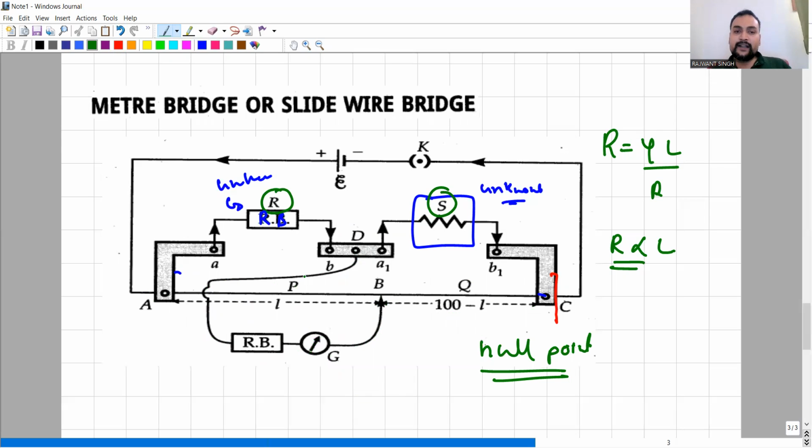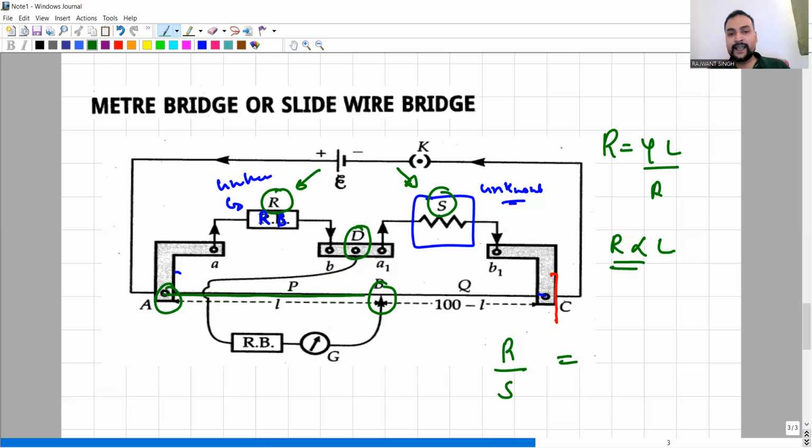Now, when I find the null point, that means that these two points, point D and the point B where I found the null point, no current is flowing in this line. That's the null point. It means that this point and this point will be at the same potential. Very simple. And that would also mean that this setup is now a balanced Wheatstone condition. In the balanced Wheatstone condition, we know that the ratio of the resistance should be R by S. That means this resistance by this resistance must be equal to the resistance of this length of wire AB